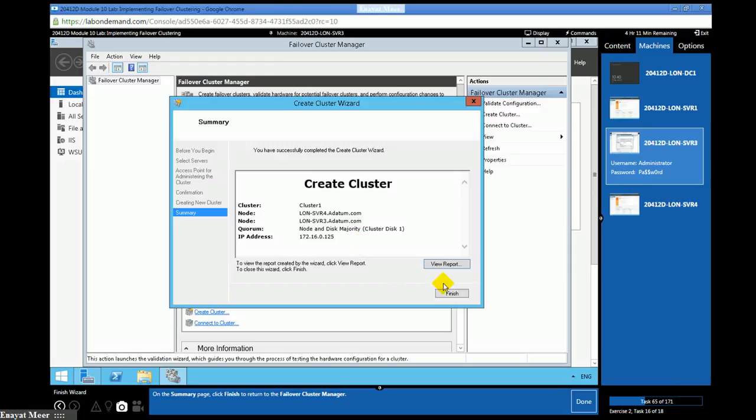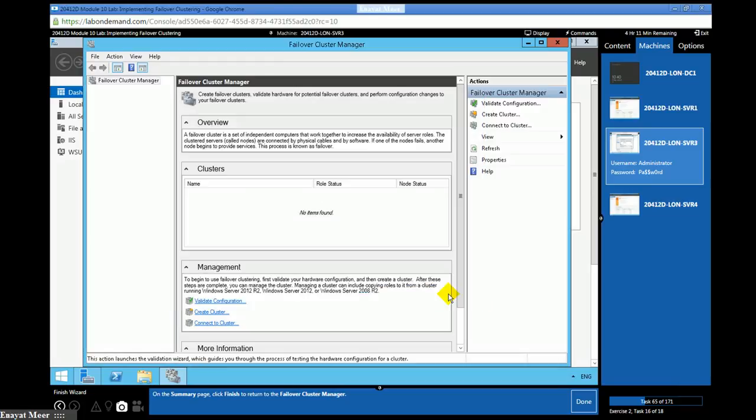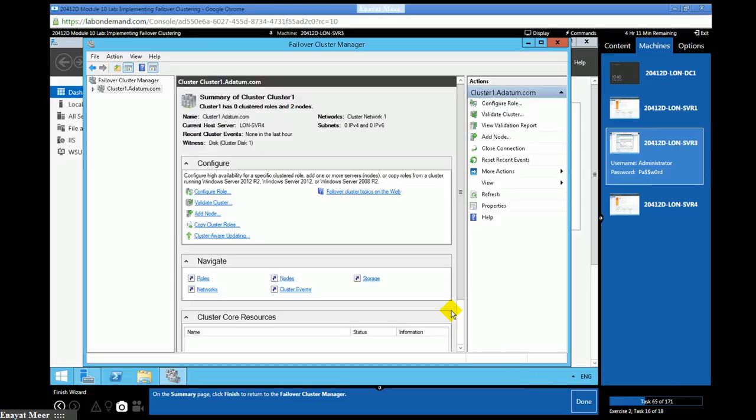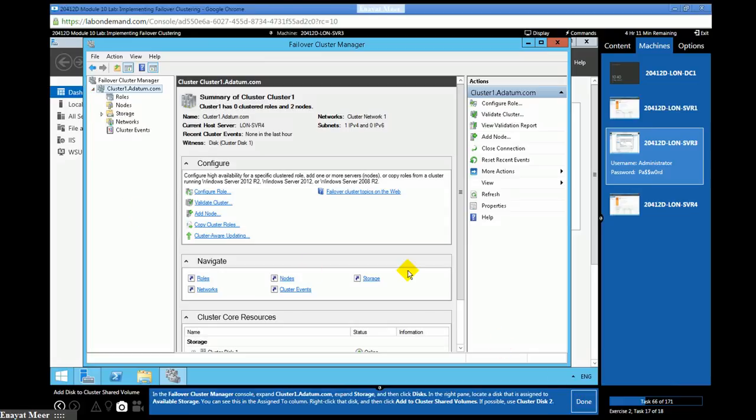You can scroll down, and whenever you're done, you can click on finish. So you're done at this part.